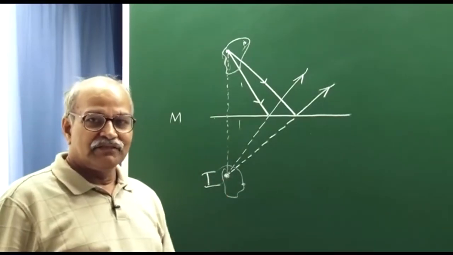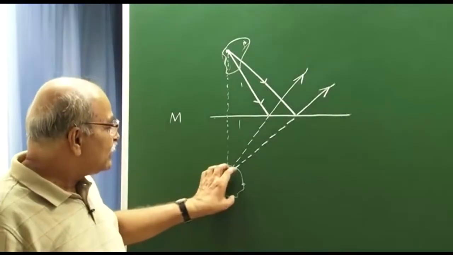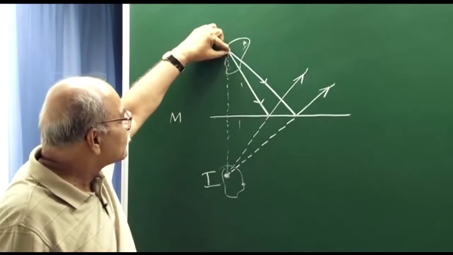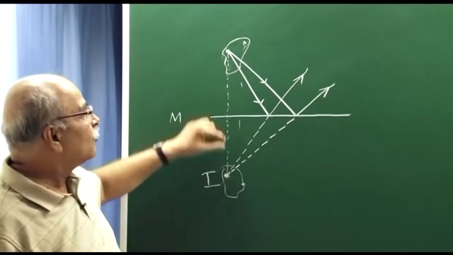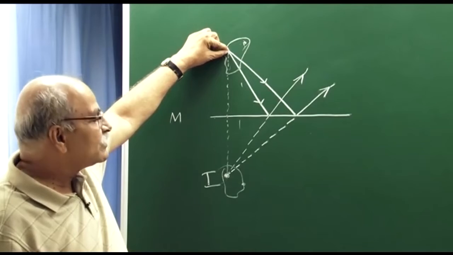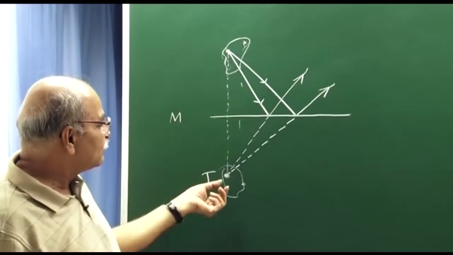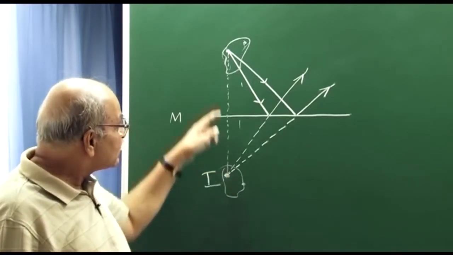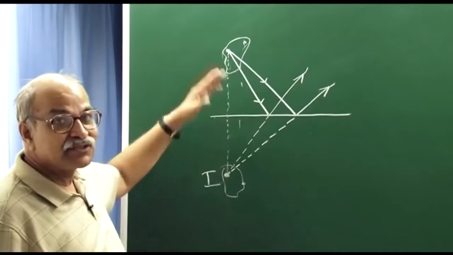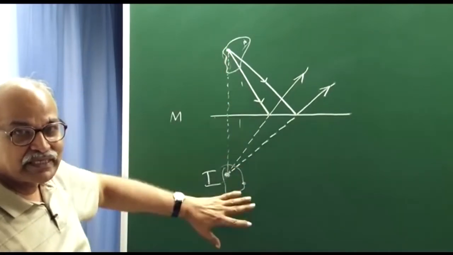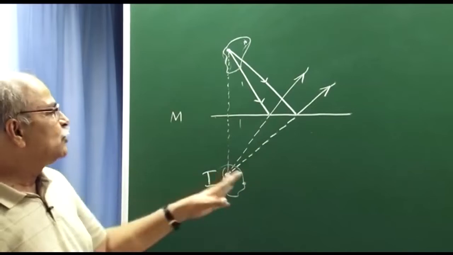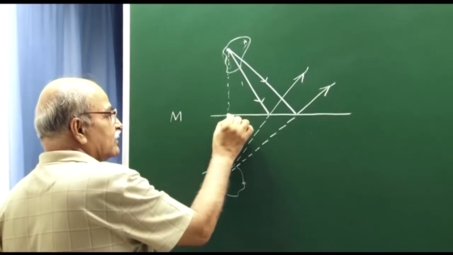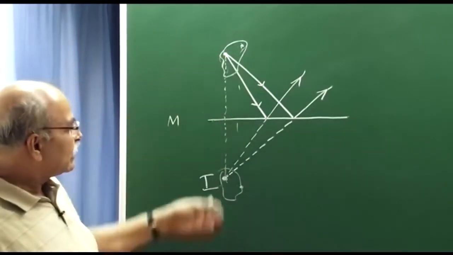So the important point is, for image formation, between the image and the object there is a point to point correspondence. One point corresponds to one particular point here. All the rays starting from here after reflection must intersect, after extension of course, at that point. Only rays which start from here can intersect here, and so on. So that one-to-one correspondence makes the image, and you can do the geometry to show that the distance of the image from the mirror is the same as the distance of the object from the mirror, and they are on that perpendicular line